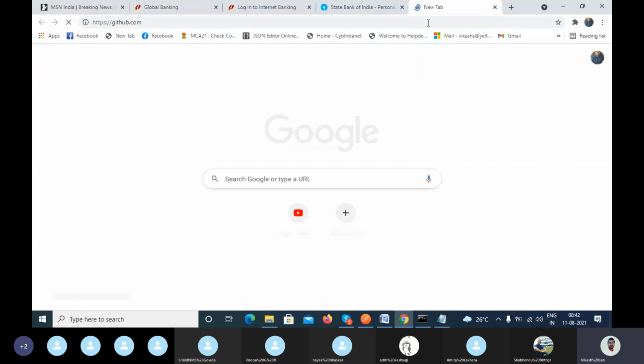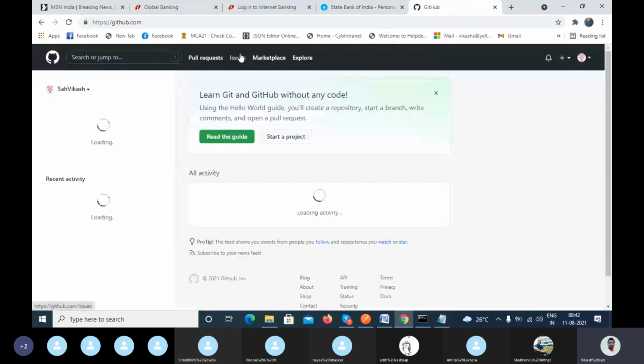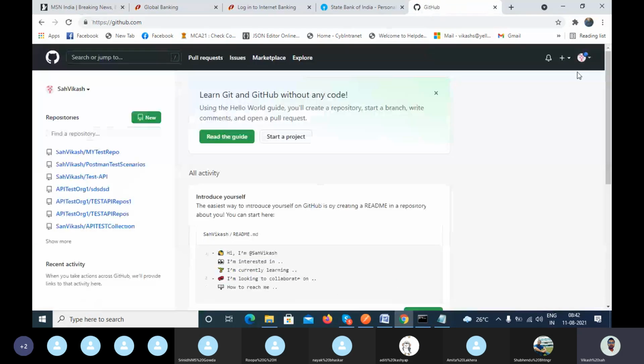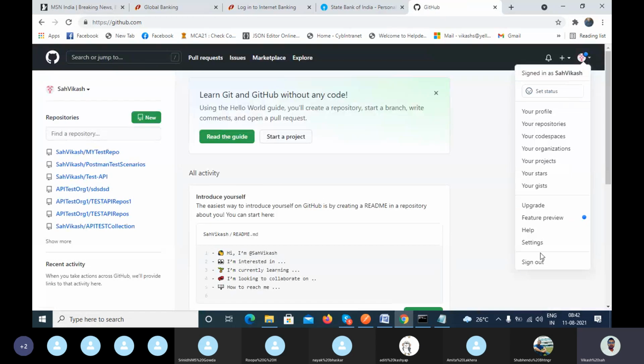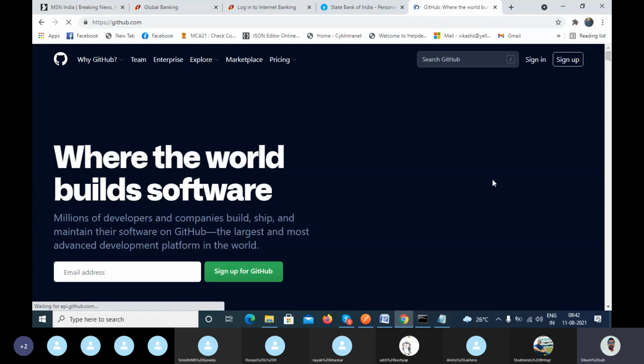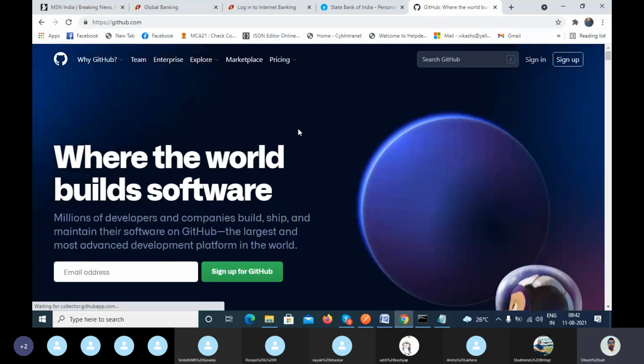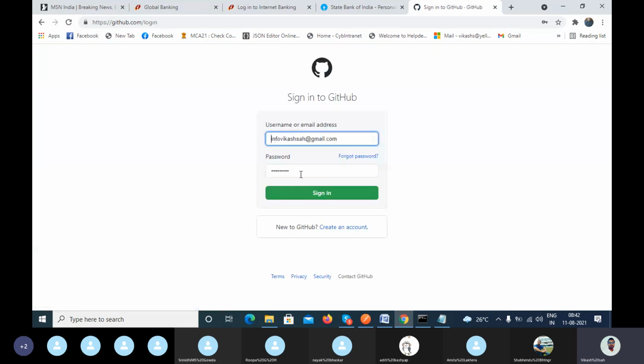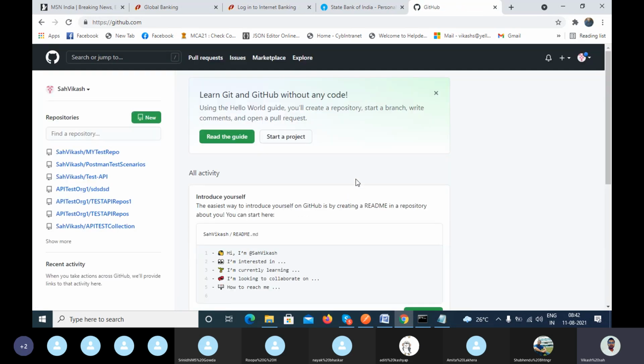I sign out and click on sign in. I enter my username and password where I'm trying to sign in. So what will the server do? It will verify my credential.